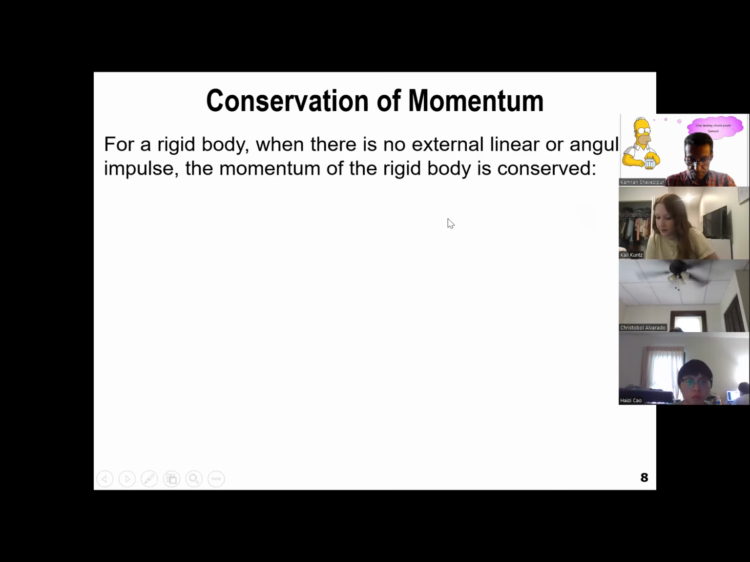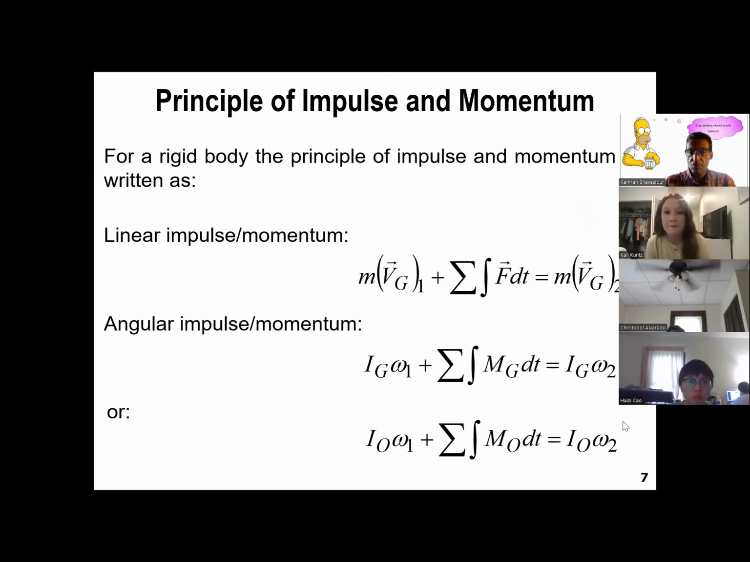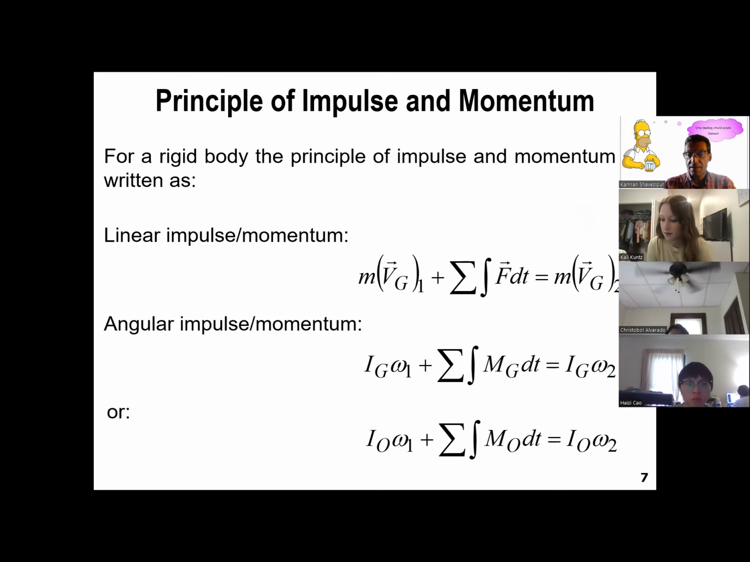Now, we defined the principle of impulse and momentum, right? The question is, and this is what we did for particles, what if there's no external impulse, linear impulse or angular impulse? If there's no impulse, initial momentum and final momentum will be the same, right? If there's no angular impulse, initial angular momentum and final angular momentum will be the same, right? And that is what we called